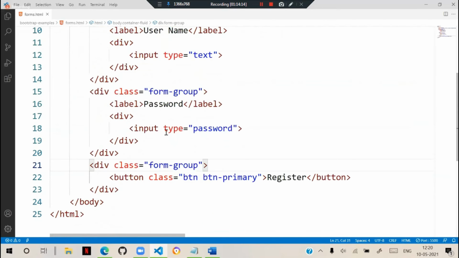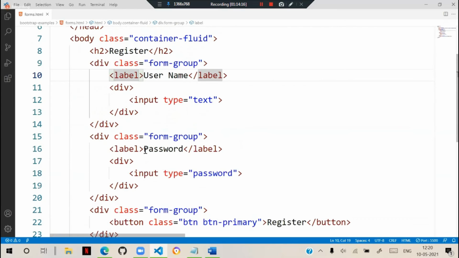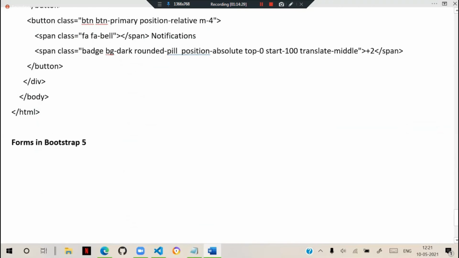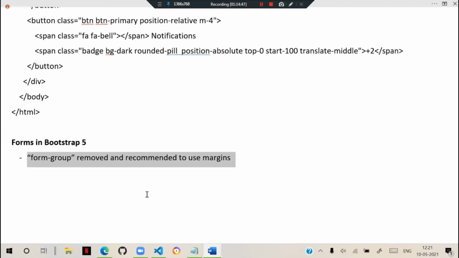And not only that, for labels we don't have a special class. We just use other styles for the labels. But in the new version, form-group is removed and they recommend using margins.